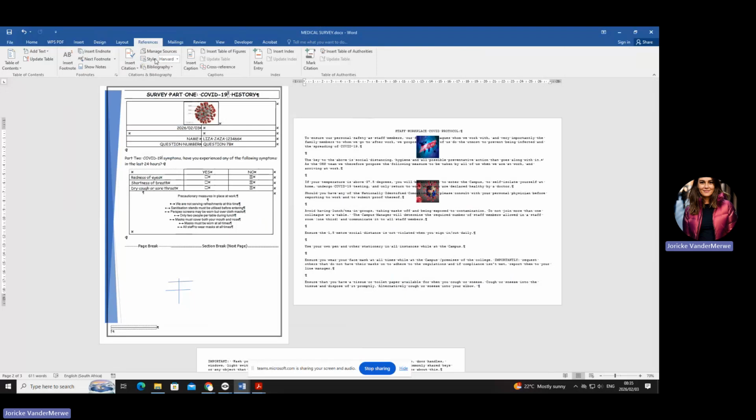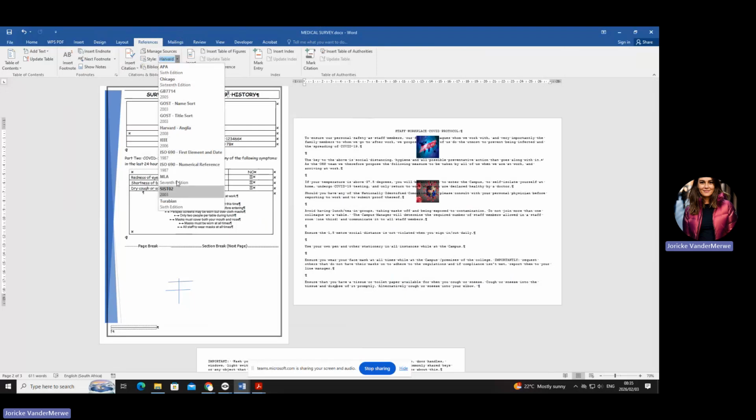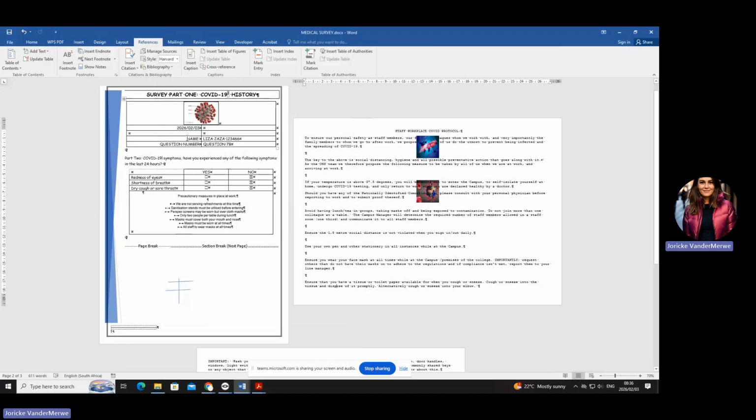Now, where do you find that? Do you see there it says style? Now, whatever you choose here can come up. Some journals like to use the APA. Okay, some of them like to use one of the others. The most common one is the Harvard one. Okay, so you choose that. That's how you change it.